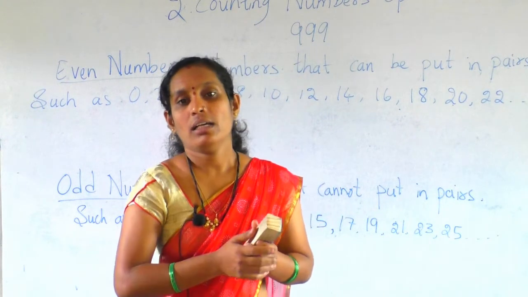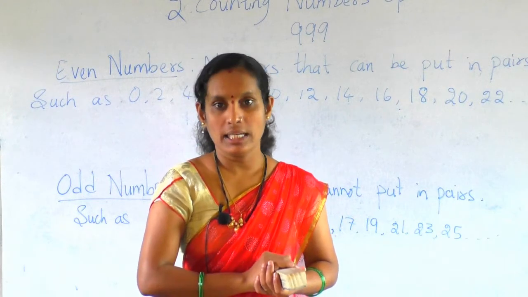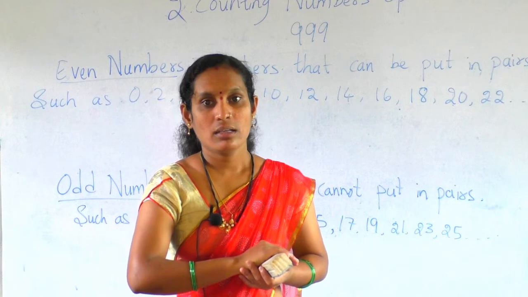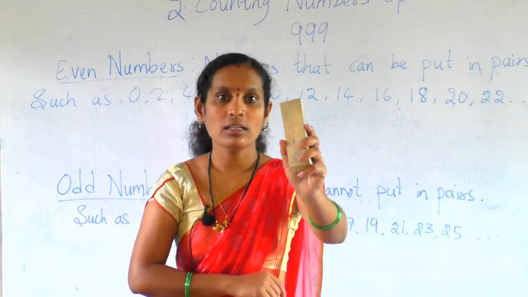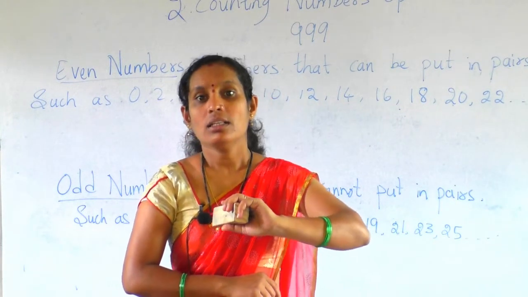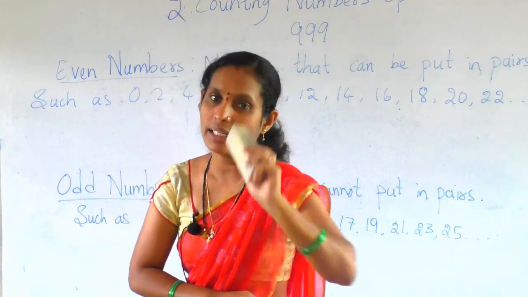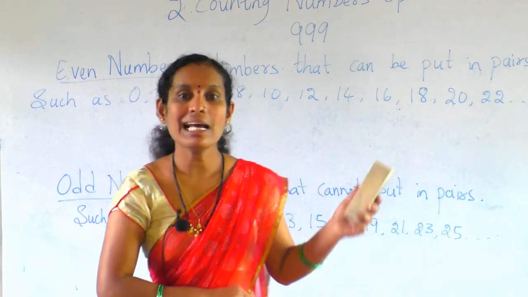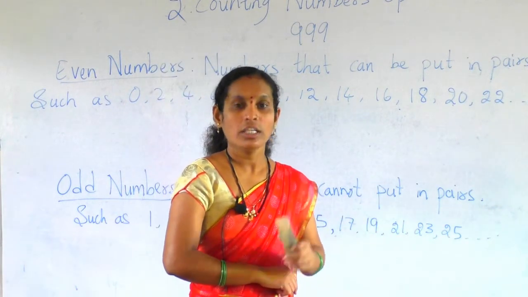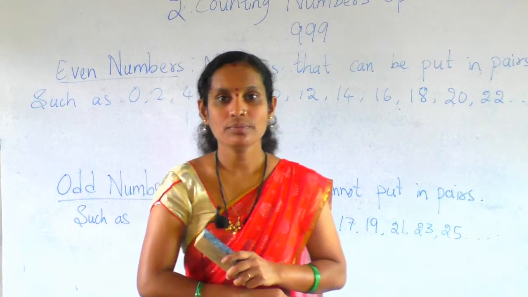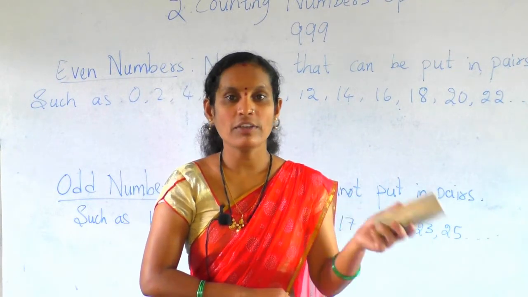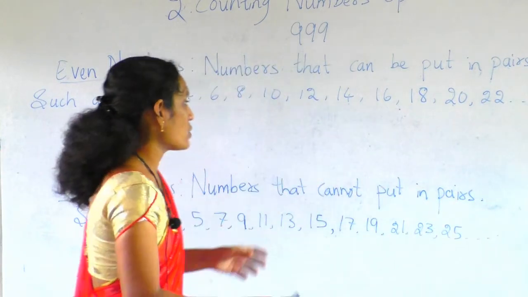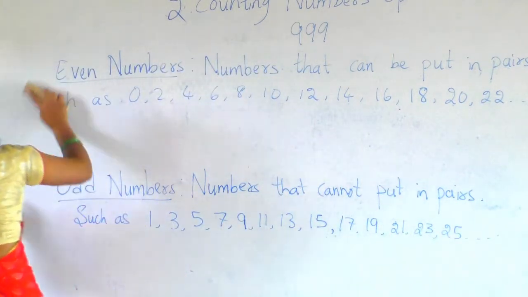If I ask, please show me earrings, he will show 2 earrings because it is 1 pair. But if you ask for a duster, give me a duster, the shopkeeper shows you only 1 duster because it is not a pair. This is odd. You are getting now what I am telling? Understood? This is the difference between odd and even. You write this in class work. I want to write you some points.